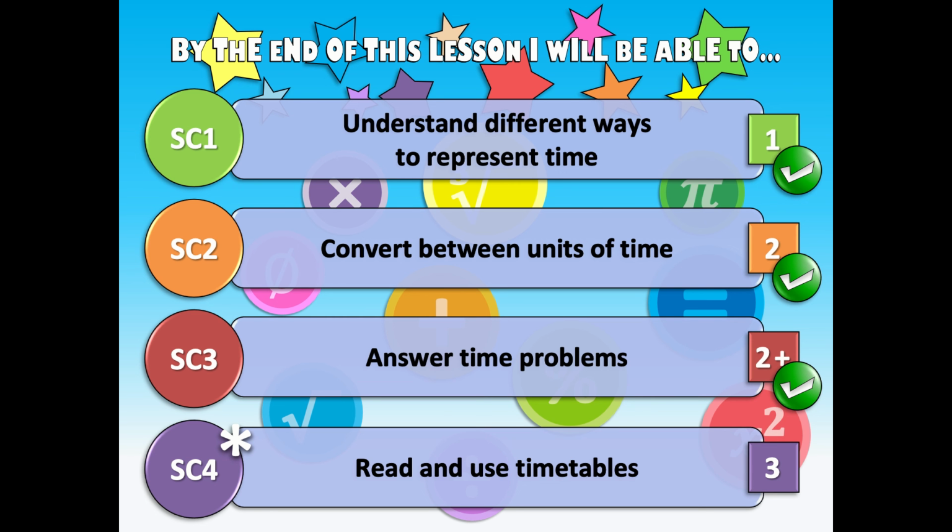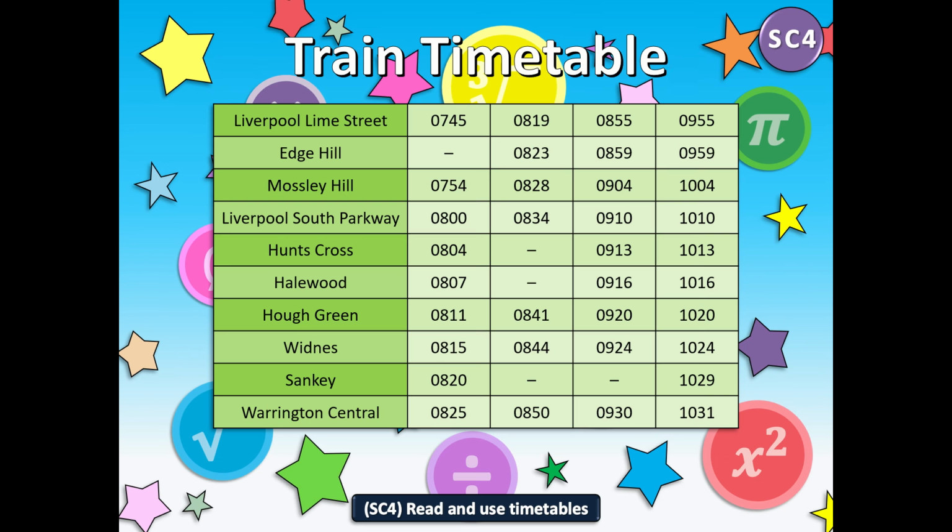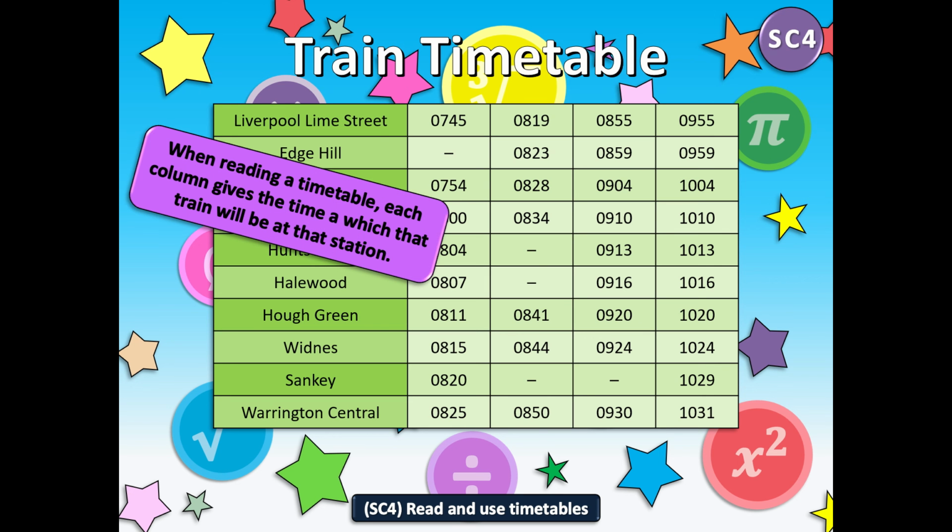So now we're going to move on to number 4, and this is to read and use timetables. So here we've got a train timetable with the stations and the times the train arrives at those stations. So when reading a timetable, each column gives the time of which that train will be at the station. So for instance, the first train arrives at Liverpool Lime Street at 7:45. It misses out Edge Hill and then gets to the next station at